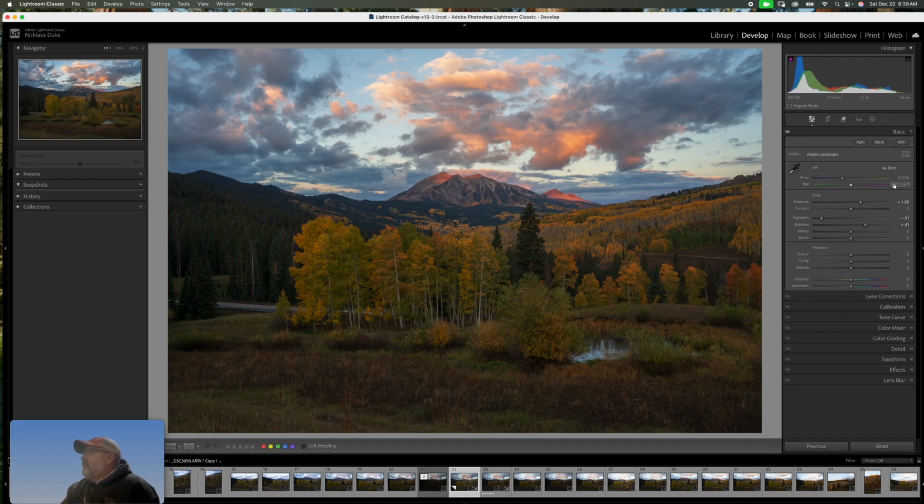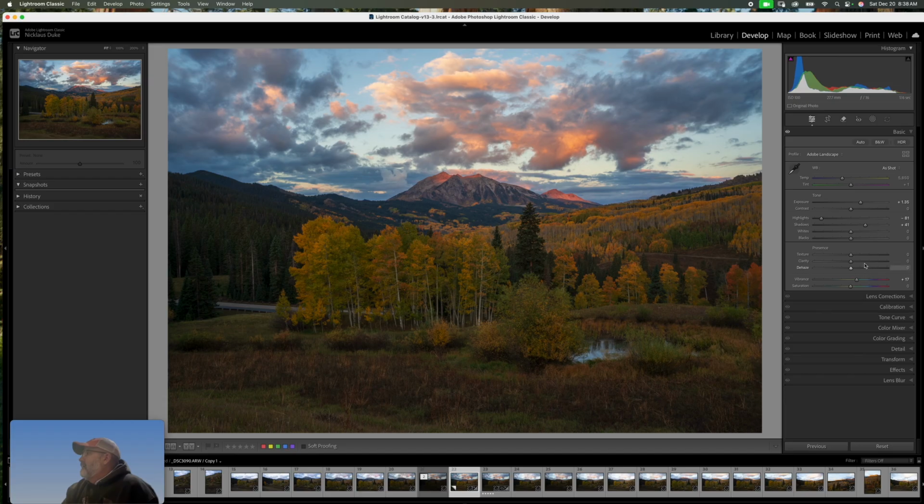And that's looking pretty good. Add in a little vibrance. You've got to be careful with vibrance. I very rarely touch the saturation slider. It really does too much. So we'll go with vibrance,